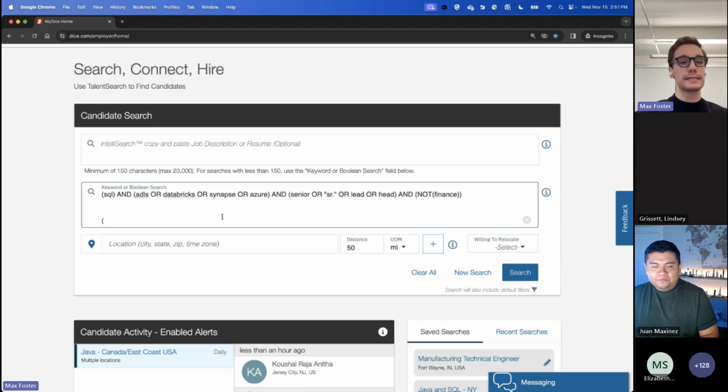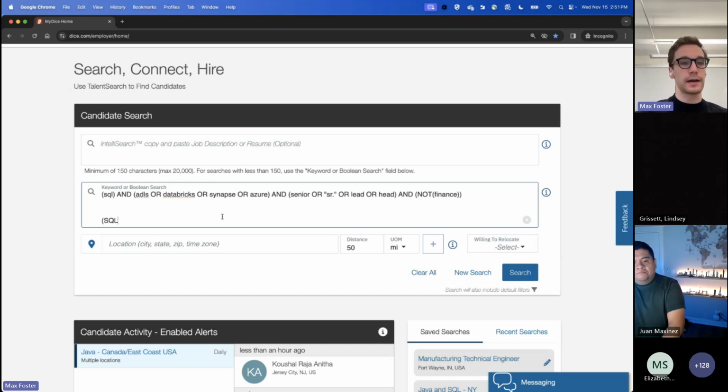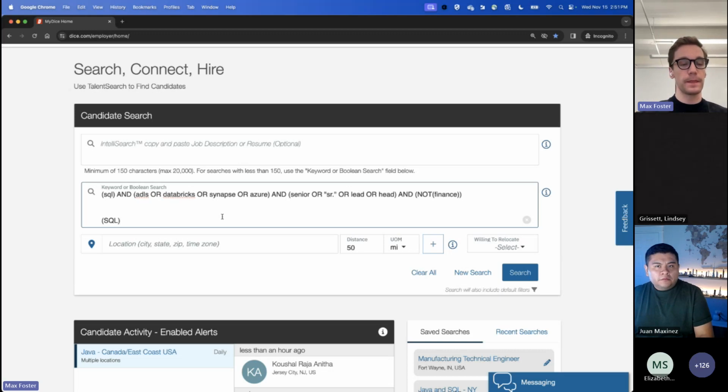Okay, everybody, step one of writing any Boolean is starting with a parentheses. You want to use the left parentheses first, and then you're going to type in whatever you want inside of that parentheses grouping. So for this case, I'm going to type in SQL. And then, because this is such an important thing, I'm going to close out with a right parentheses, and that's essentially telling the database that every single person we look at has to have SQL somewhere in their profile.